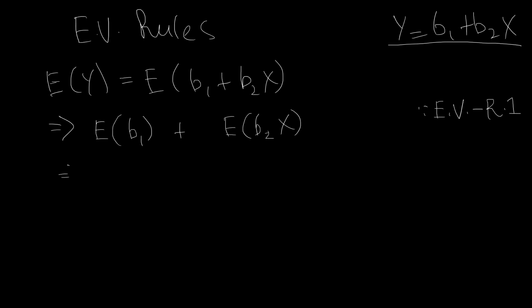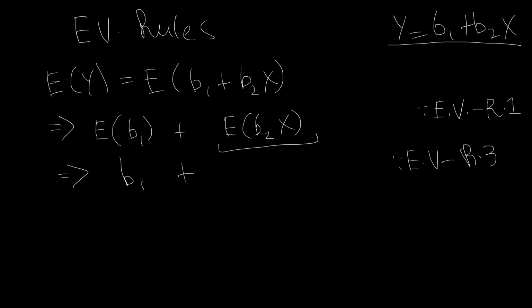Next, we can use expected value rule number 3 over here, which is basically just that the expected value of a constant is the constant itself. So I'm going to write here, we're using expected value rule 3. Okay, so this becomes b1. Okay, let me just write that neatly. Okay, so this is just b1 plus, now this second term right here,